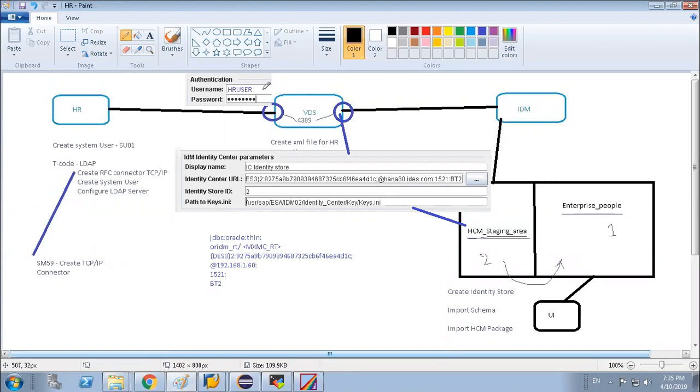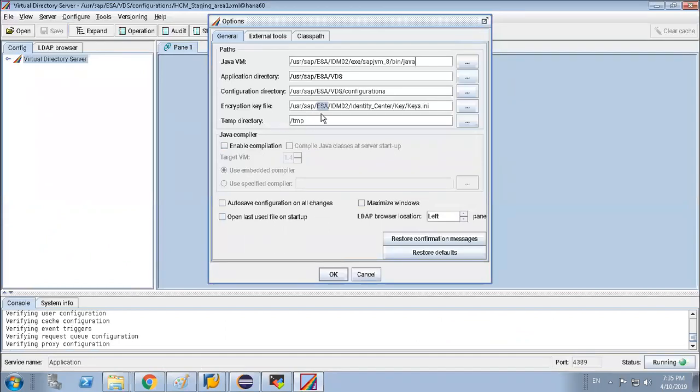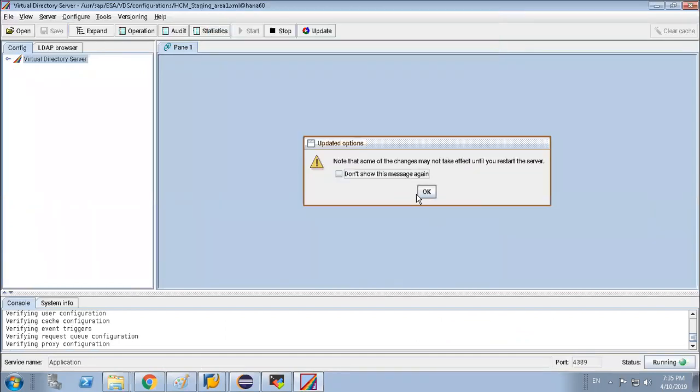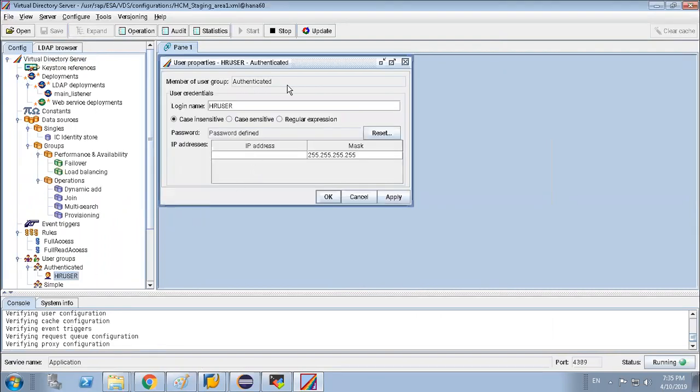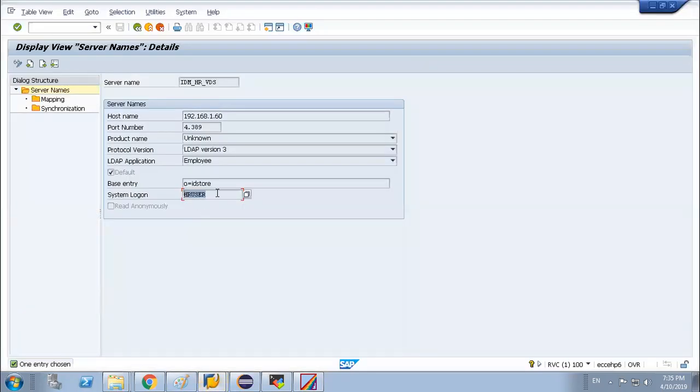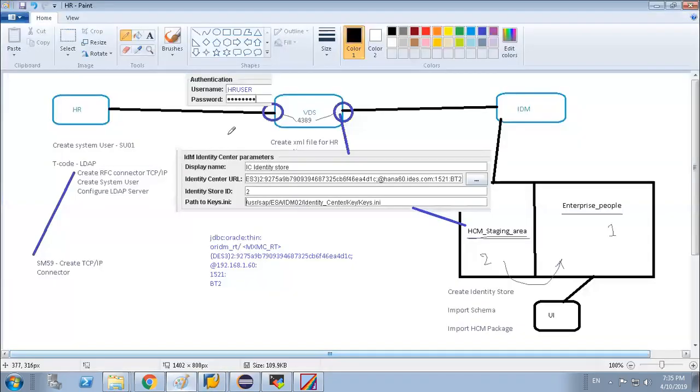And there is no privilege or authorization needed, because whatever you maintain over here, it will automatically take the full access privileges. We are just updating this user ID and password to connect. We don't need any extra privilege here. It's just an interface user.